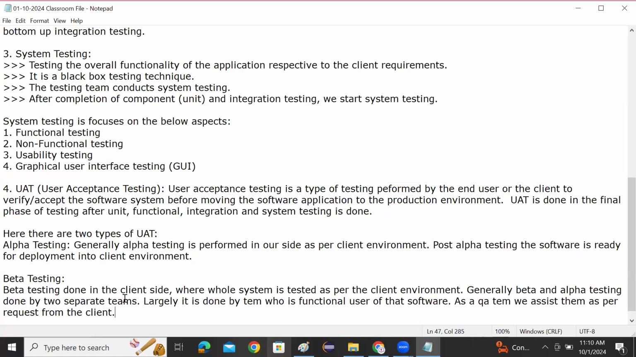Yes, sir, understand levels of testing? Are there still any confusion? Clear, sir. Clear, sir. Okay, see guys, if you have